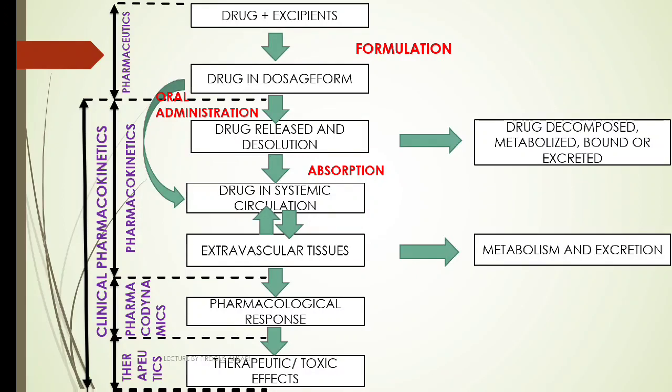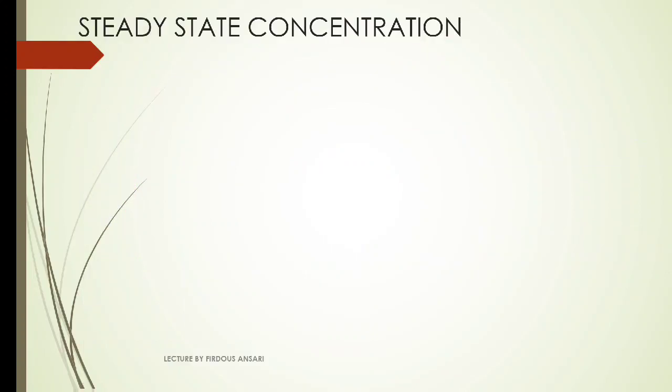And what is our main assumption, or we can say main aim, our main goal is to increase the therapeutic efficacy and to reduce the toxic effect produced by a drug. So that is the application of clinical pharmacokinetics. So in various areas we can make use of clinical pharmacokinetics.